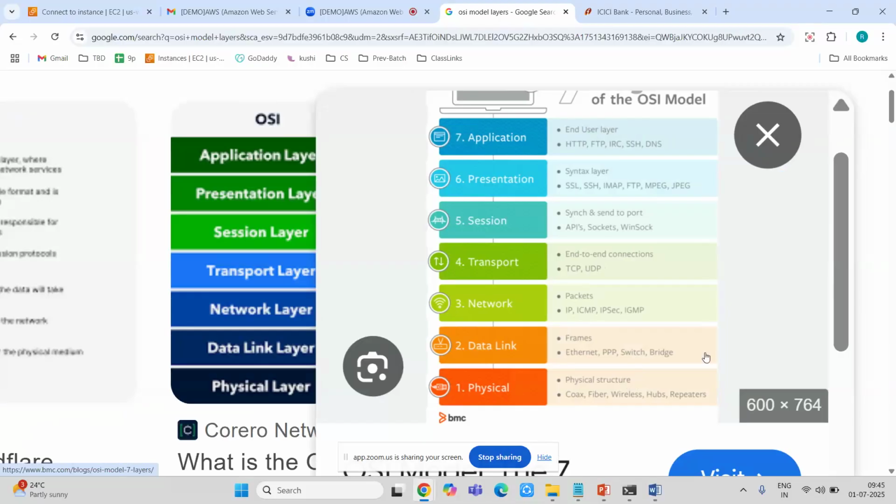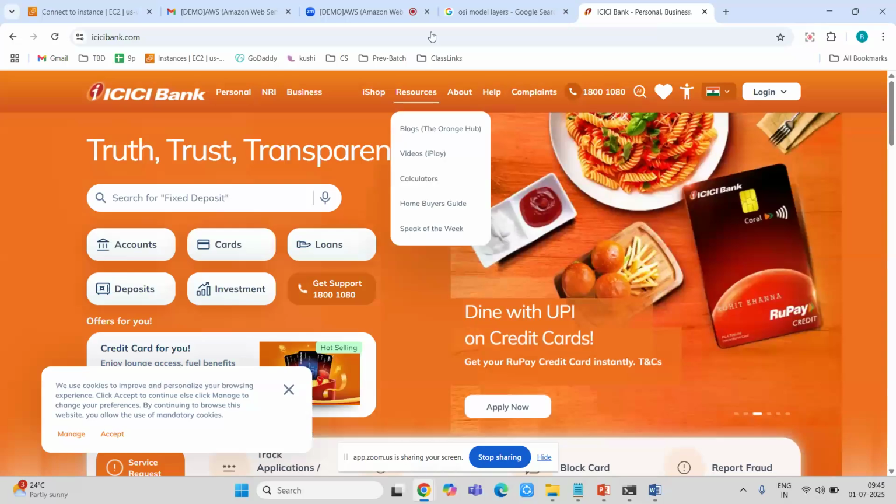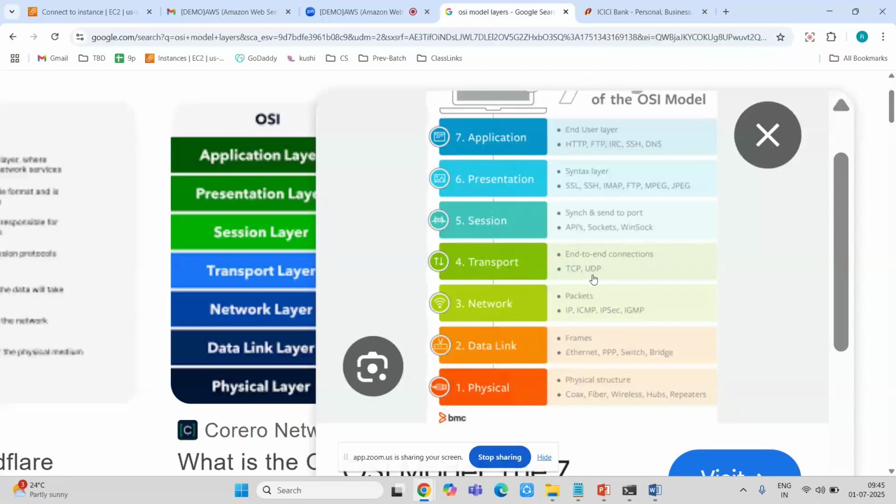Here the data will flow in terms of frames. Once the application is accessible, like this web application, first there will be physical fiber cables and hubs, then data will go in terms of frames.